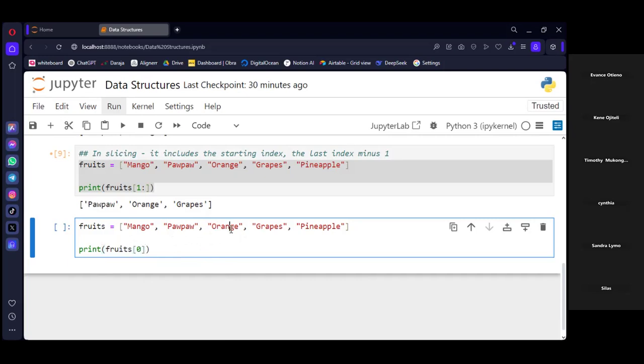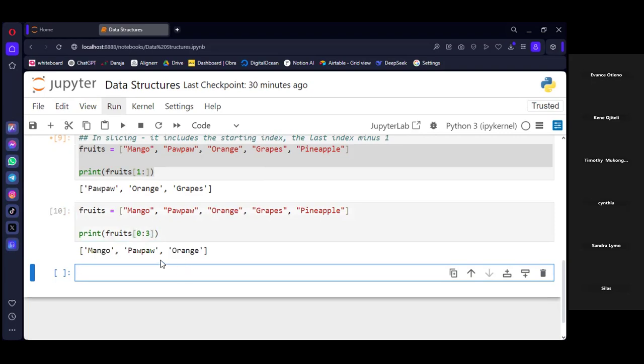To reach orange, we need to specify the starting point and then the last index, and we always need to add in 1. So this is 0, 1, 2, but because we want orange to be included, we need to add in an extra index. So when you add in 3, we'll be able to retrieve up to orange.